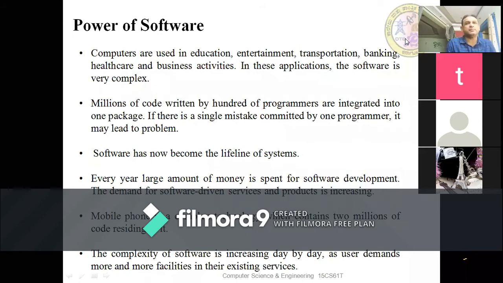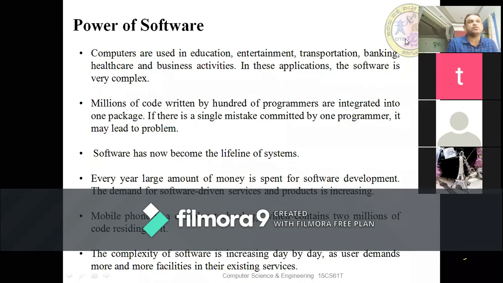In the banking system, at the click of a mouse, by sitting at home, you can transfer money to any part of the world. That was not possible previously without software. Now through Paytm, PhonePe, Google Pay, or any app, the banking sector has become so easy. At any moment, even at midnight, you can send money to any part of the world. A mobile number is sufficient. You don't need an account number. Just a single mobile number will help you transfer the money to any part of the world.